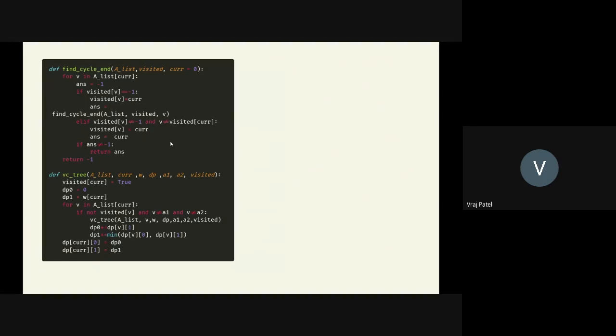This is an extension of a very standard problem which you face. There is this problem of solving vertex cover on trees. So let us see this problem. First of all, I think some of you might have seen this vertex cover problem for the first time, so I'll just explain it in brief.